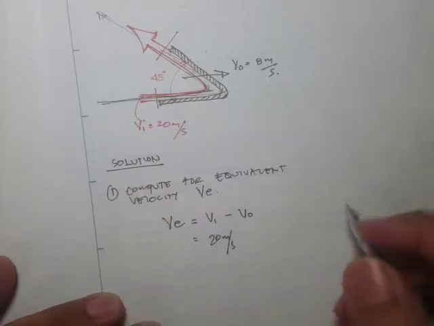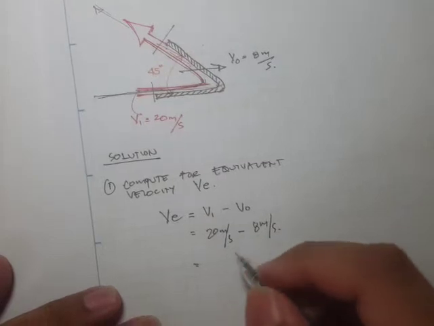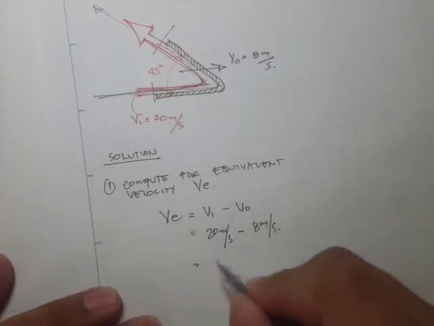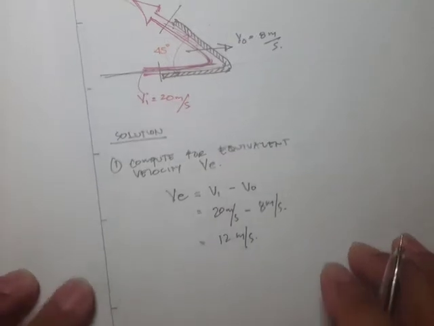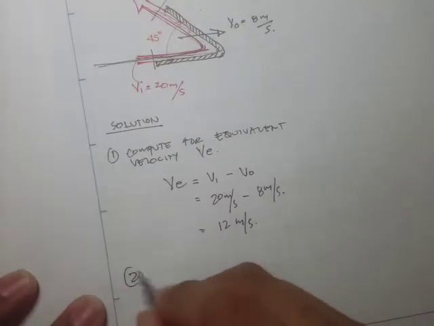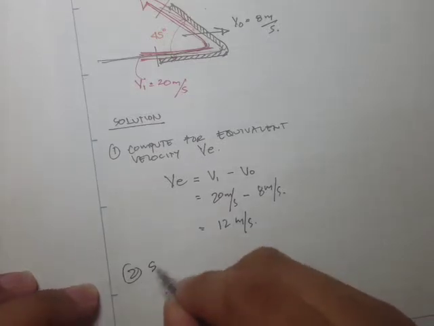That's 20 meters per second, and our v sub o is 8 meters per second, and therefore our effective velocity is just 12 meters per second. Okay, so if we have the velocity, we need also the value of the flow rate. So solve for